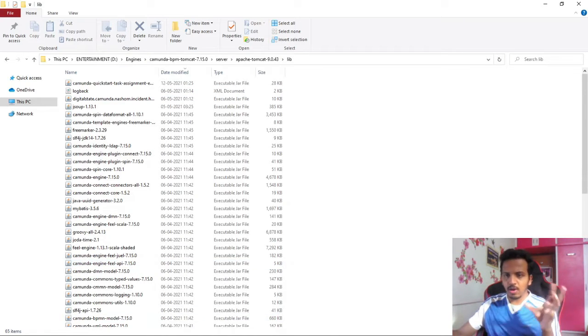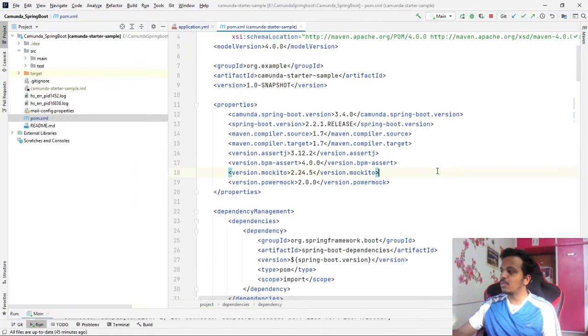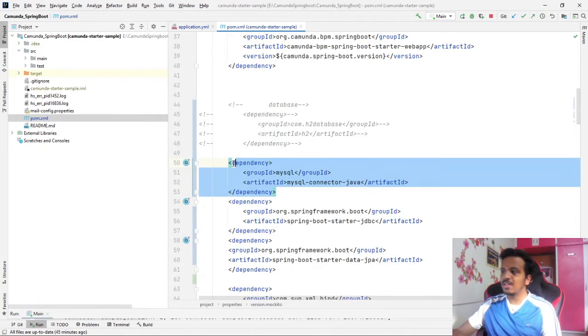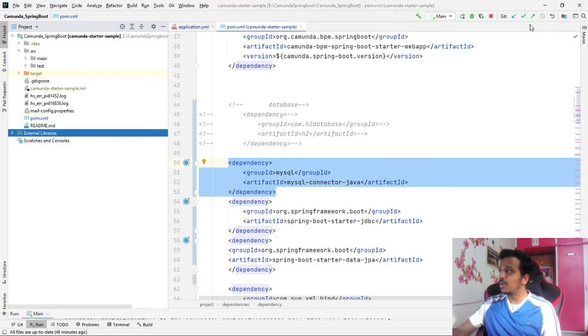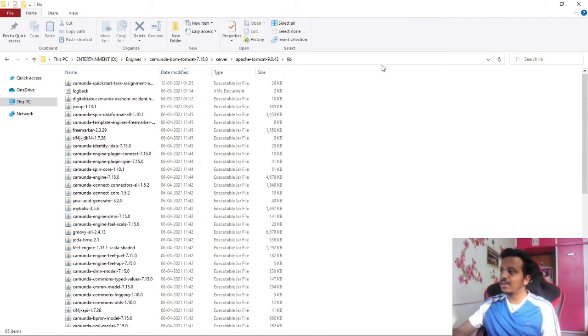So if you are not aware of the behavior, what is happening when we are putting some dependency here, basically whatever we are writing here, Maven is going to download that dependency and put it as part of the required dependency in external libraries, or we can explore later on. But in Tomcat that's not the case. So we have to download it by doing a Google search, and we can download and put that jar in this library. So for Tomcat we have given the dependency, we have given the connection. Now start any of them and it will connect. So that was all about database connections.